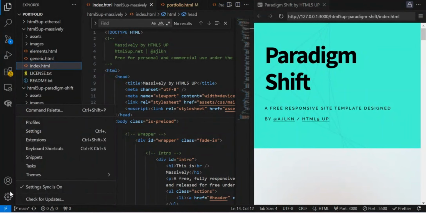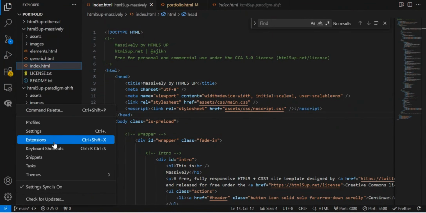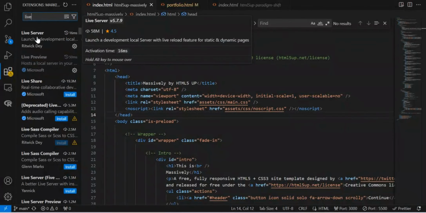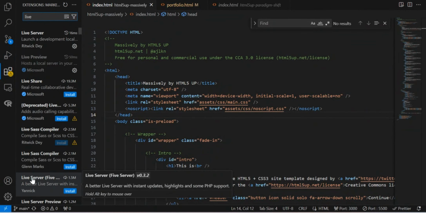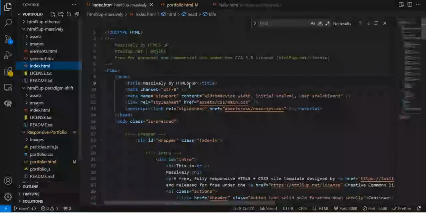The next thing is to install an extension. I think it's called Live Server. There are also a number of these servers. You just have to install it. This will help you to see exactly what you are editing, to see what is displaying in its current state. Whatever you are typing or editing will show, and I can show you an example of this.